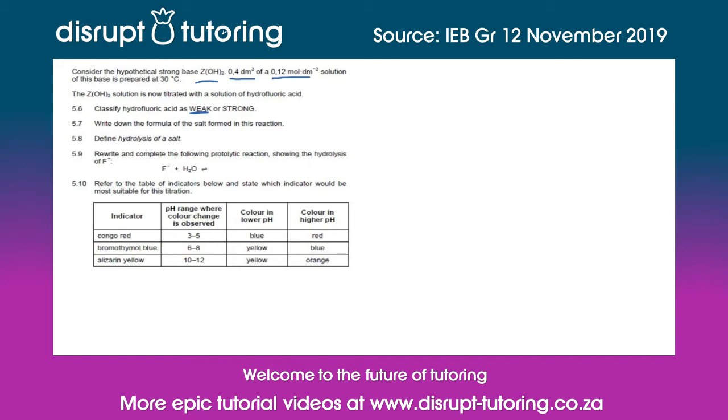The second question asks us to write down the formula of the salt formed in this reaction. We know that in a reaction between an acid and a base, a salt and water are formed. In this case, the salt will be made up of fluorine and our hypothetical element Z. To write the chemical formula of the salt, we also need to know the oxidation numbers of the elements. Fluorine has an oxidation number of 1-, and Z has bonded with two hydroxide ions, which also have an oxidation